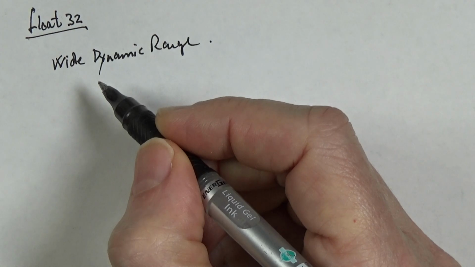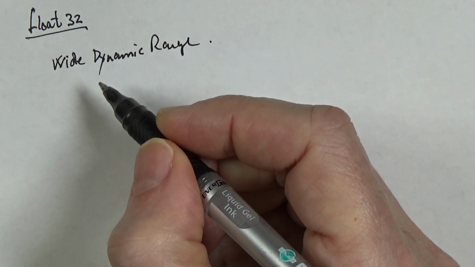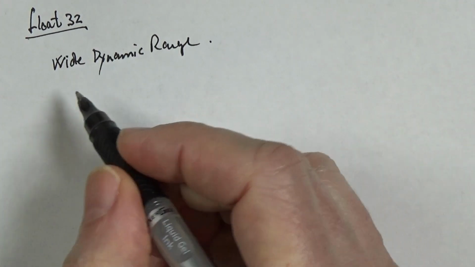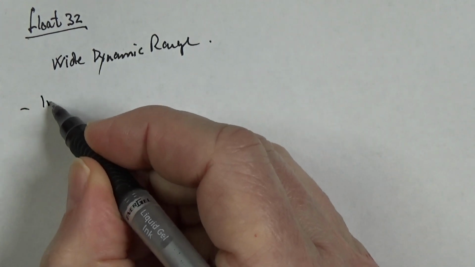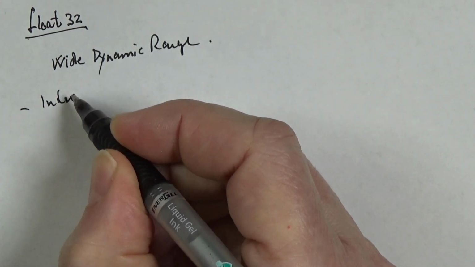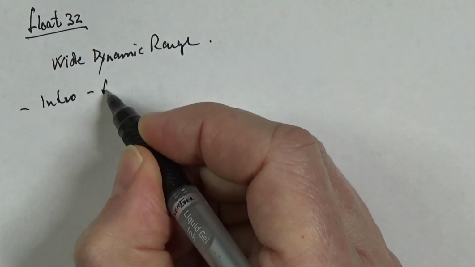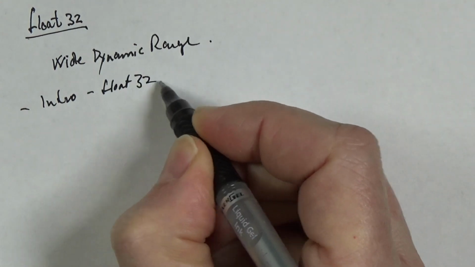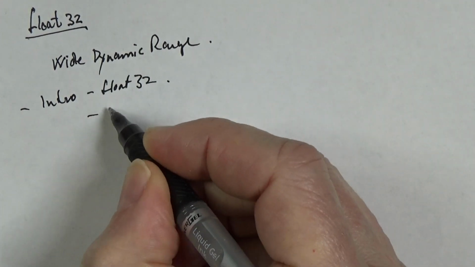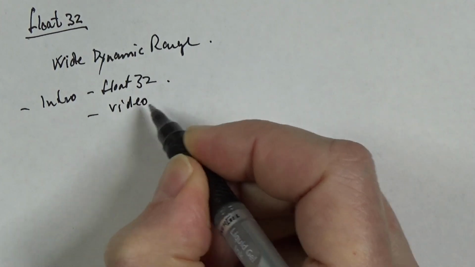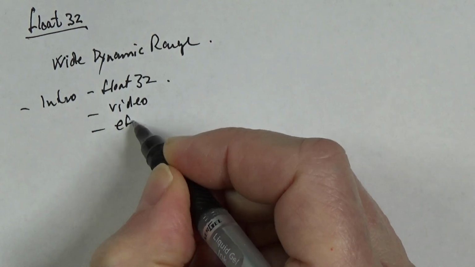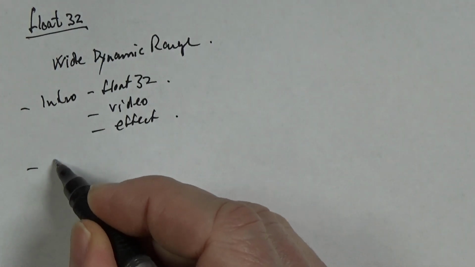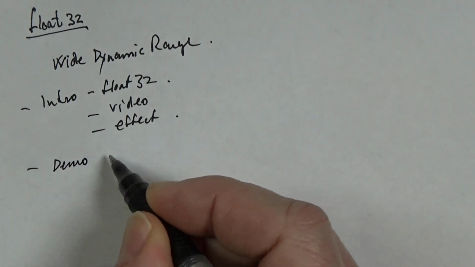Obviously, this is used in audio recordings and so forth, but is there any benefit for amateur radio? This is basically what I'm trying to investigate. So what I'll do is an intro into Float 32. We'll see a little bit of a video and the effect. Second thing is we're going to do a demo